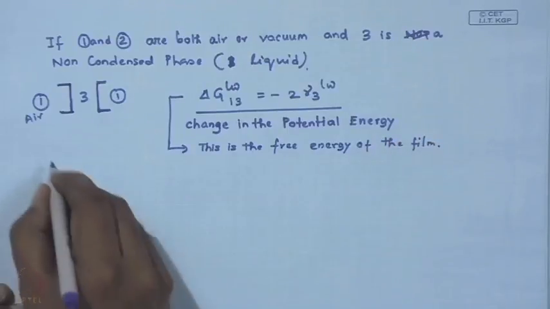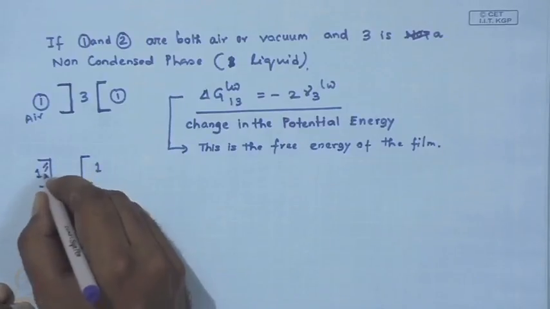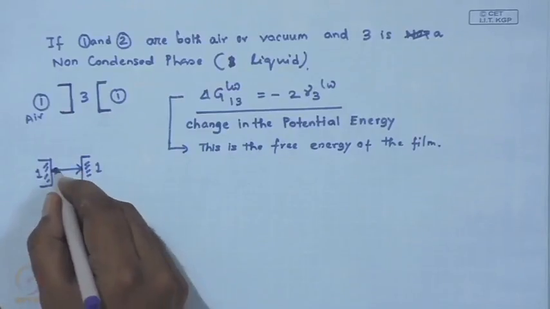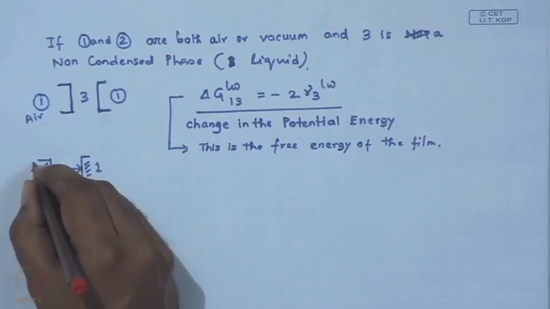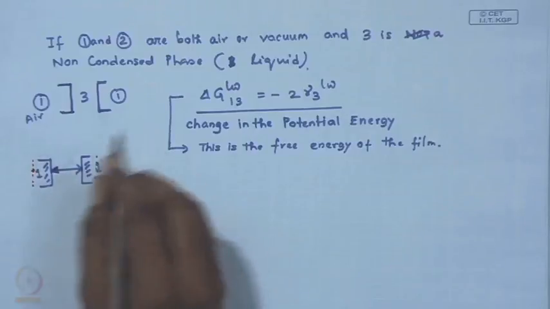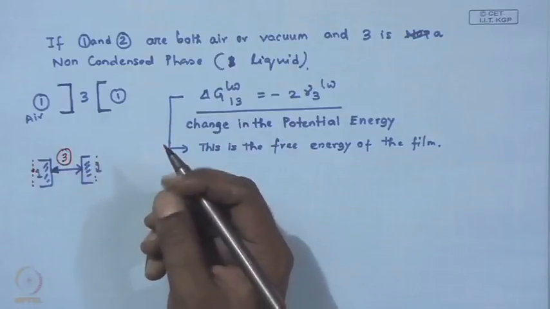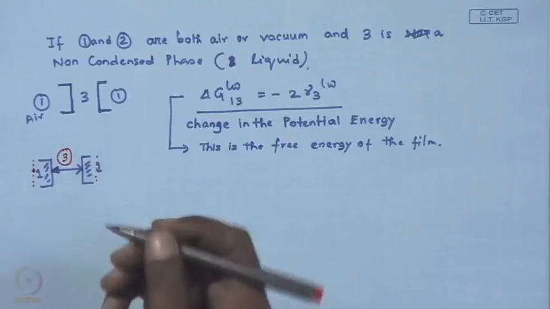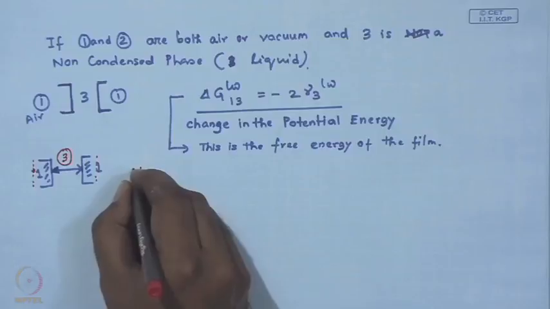Or in other words, unlike this situation, where if A1 was a non-condensed phase, we talked about the interaction of molecules across these two phases. So, we talked about the interaction of all the molecules over here with all the molecules over here. But what we did not talk about is that if 3 is a non-condensed phase, irrespective of whether 1 is a condensed phase or not, or for every non-condensed phase, we have so far not looked at